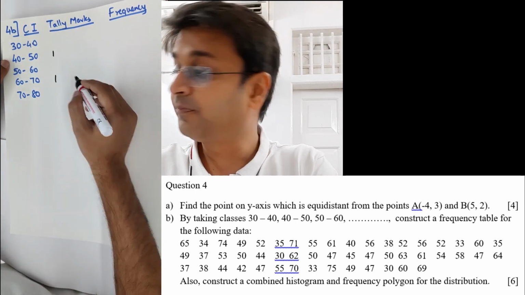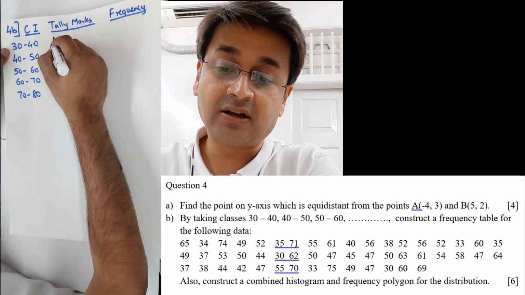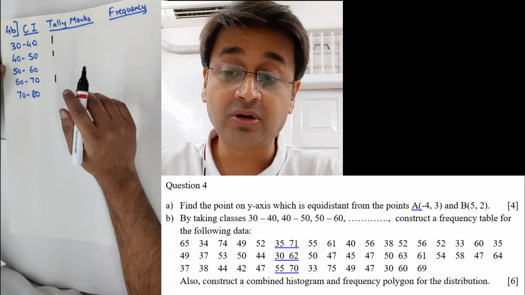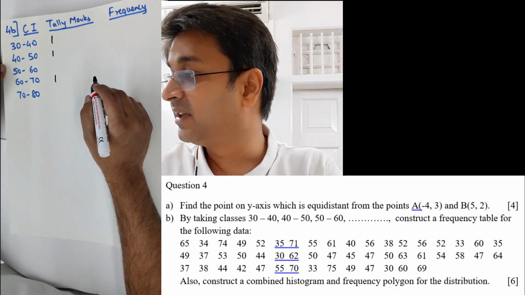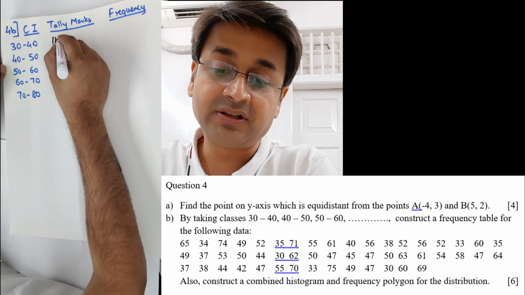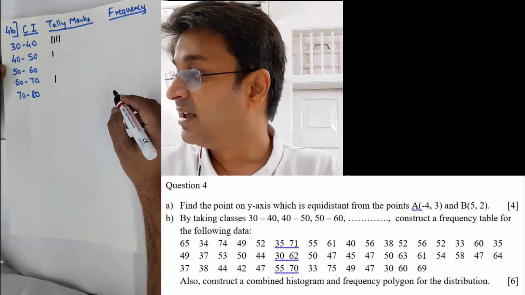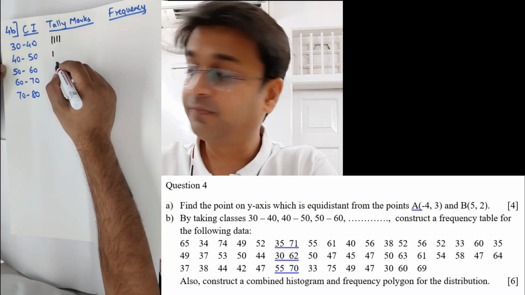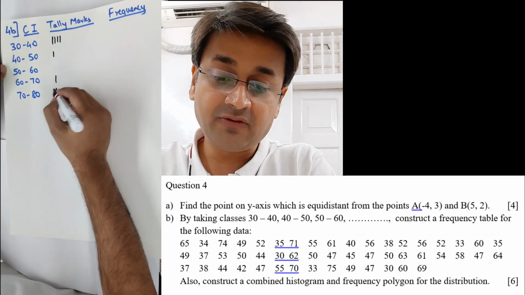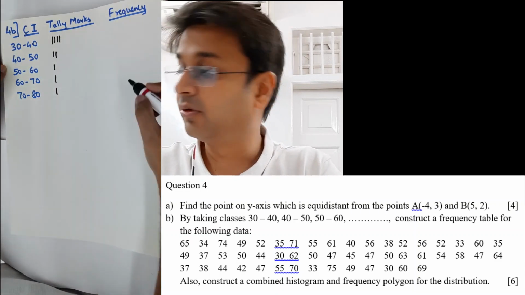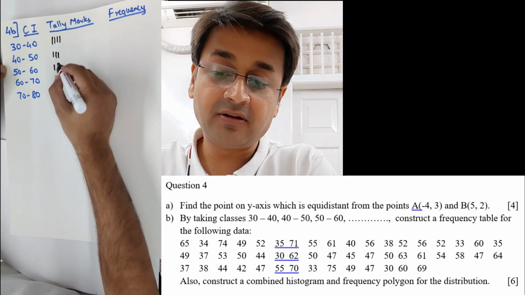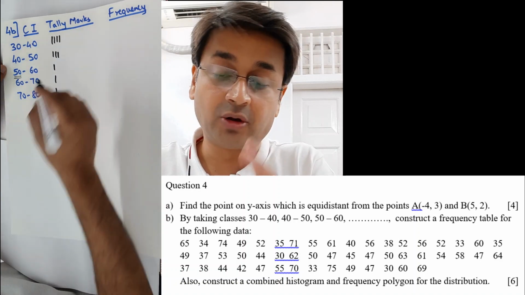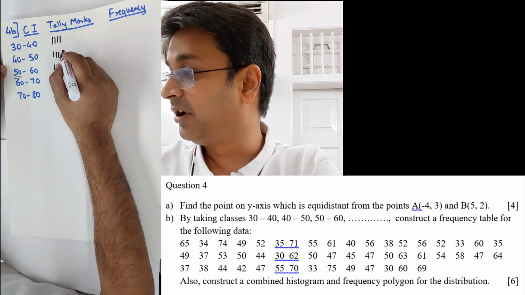So 49 and then 37, so that will come here. Now these are all simpler ones, only the 30, 40, 50, 60s are the difficult ones. So 34, 37, 38, all of them here only. 74, 53 and 44. Then the next one, 49, 50, 42. 49, 50 will come with the lower limit, always remember that. And then 42.